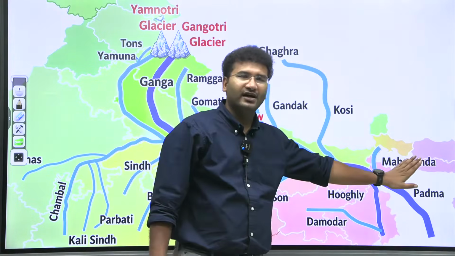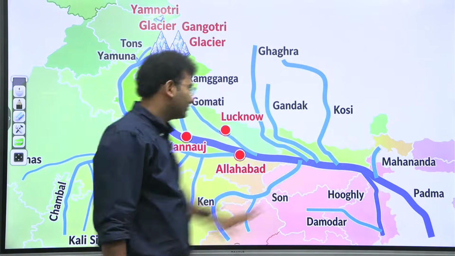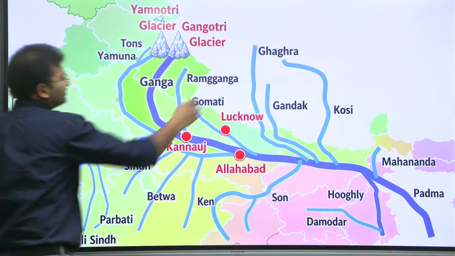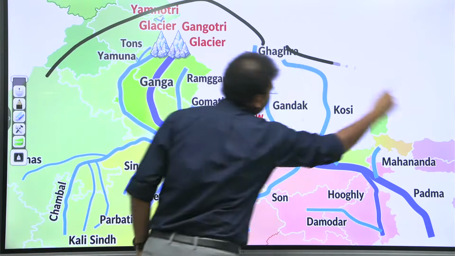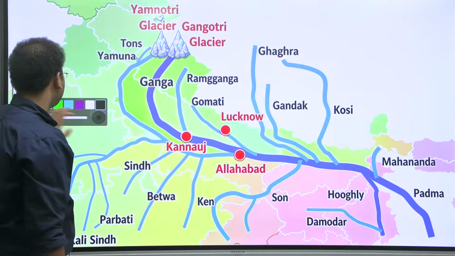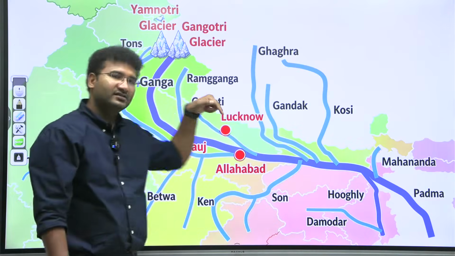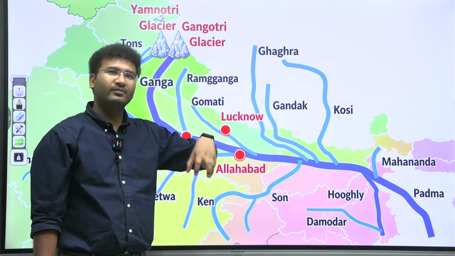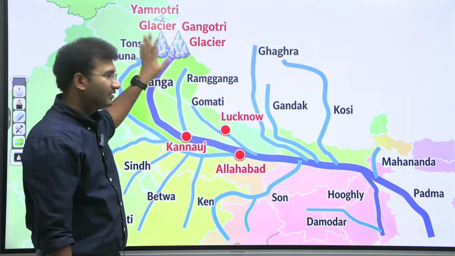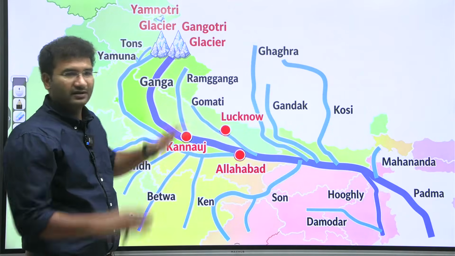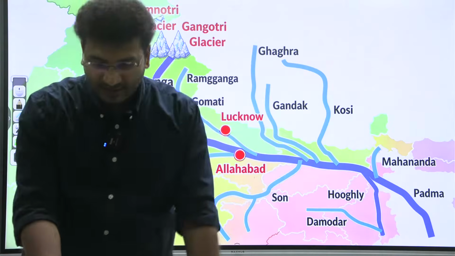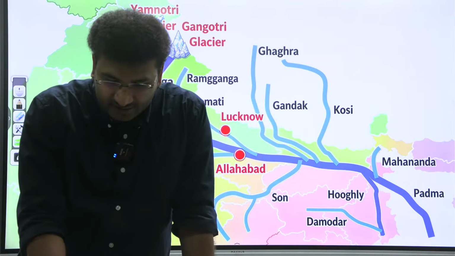Majority of the rivers are antecedent, right? So Ganga is also an antecedent river. Indus is also, Brahmaputra is also antecedent, right? The northern Himalayan belts are majorly antecedent, but look at this. Gangotri is present in the greater Himalayas. It is not present in Tibet. It is present in the greater Himalayas. Now repeat after me. Ram Ganga, Gomti, Gagra, Gandak, Kosi, Mahananda.